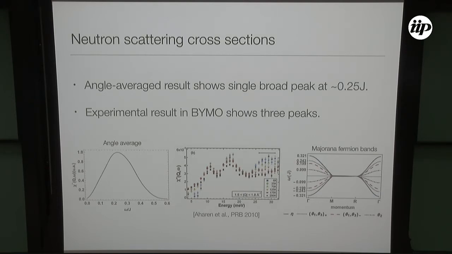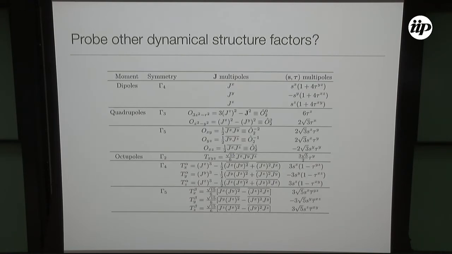I should say that our theory actually has multiple energy scales because there are different flavors of Majorana fermions and so different bandwidths. But all of them are very close to each other. So when you average things over angles, you only get a single peak here. So this does not work very well. There's a question of what this higher energy peak could be, and that's an open question. Also, this other energy scale is not seen in the NMR or specific heat.